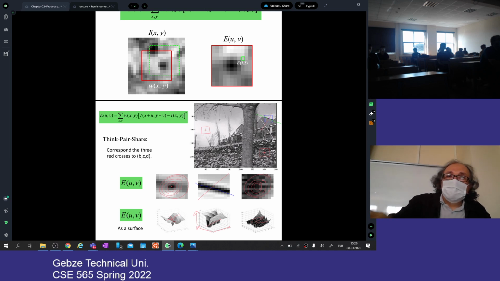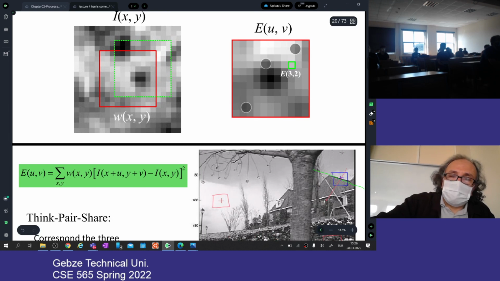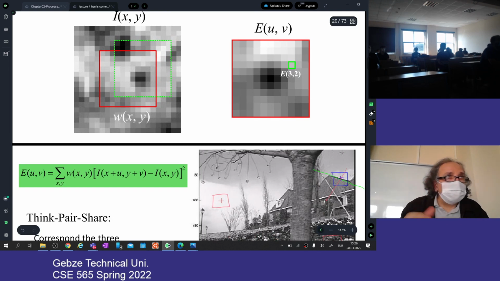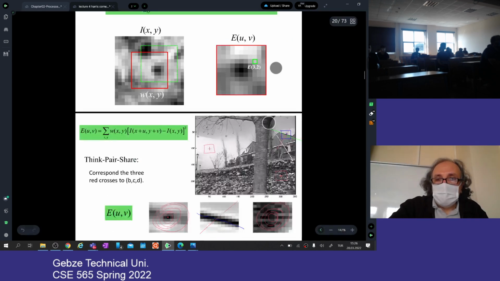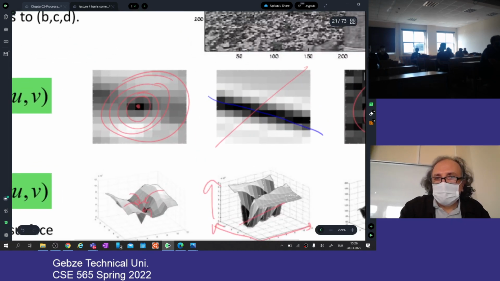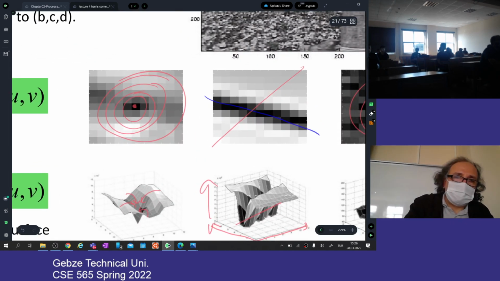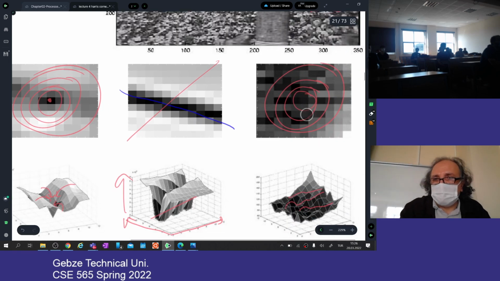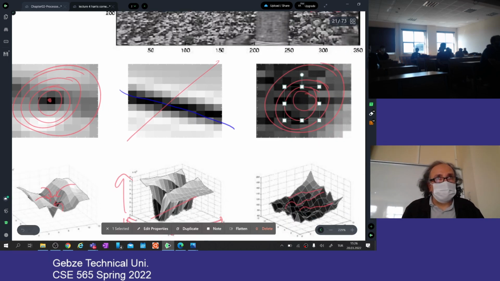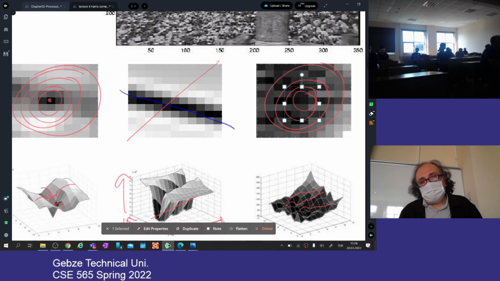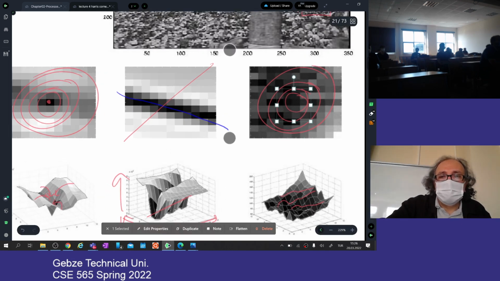So I kind of gave you the algorithm. The algorithm is to calculate this window for a given point, and if it looks like this, we call it a corner. Otherwise, if it looks like this, it is an edge. If it looks like this, it's a corner. If it looks like this, it's a flat region. So I made an edge detector and a corner detector, but the problem is